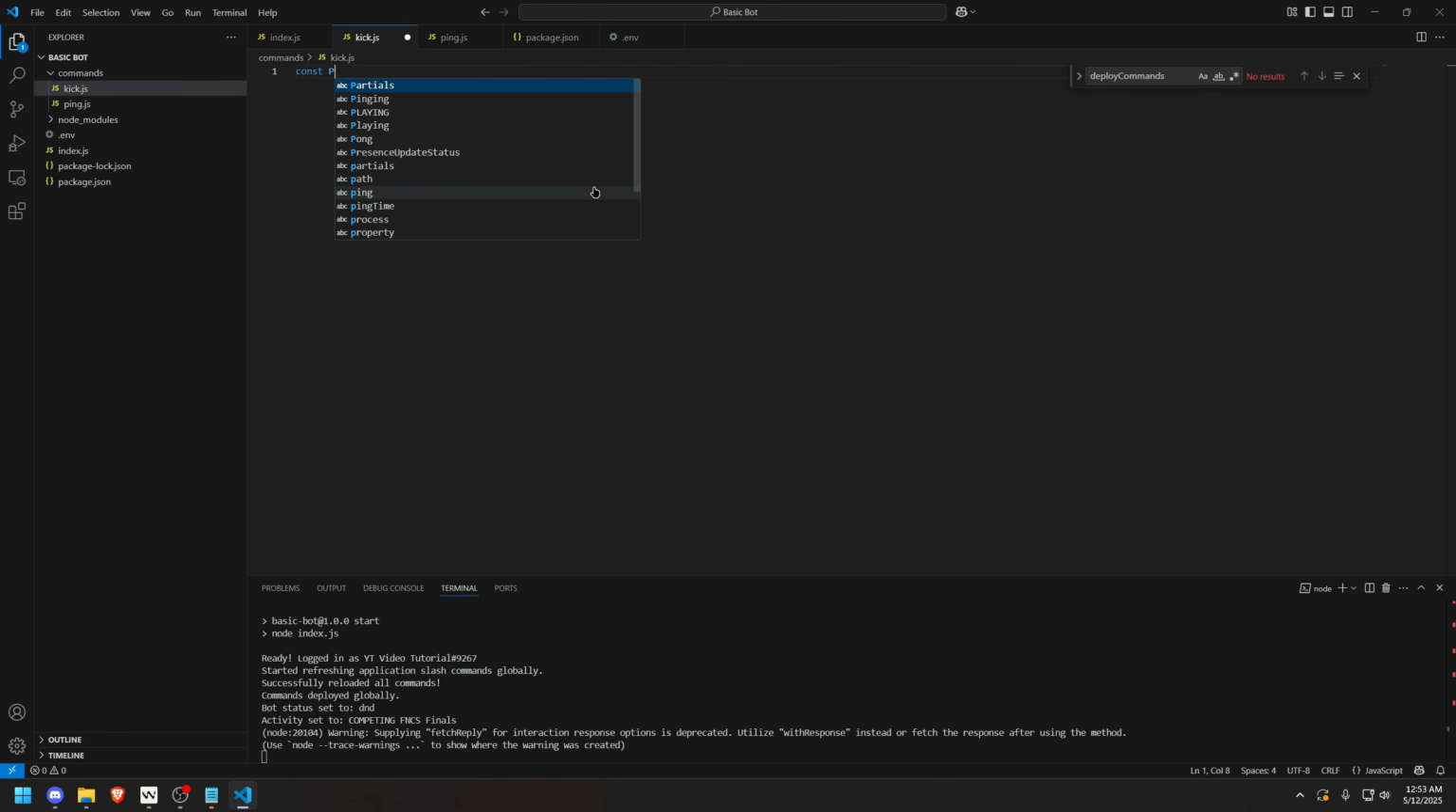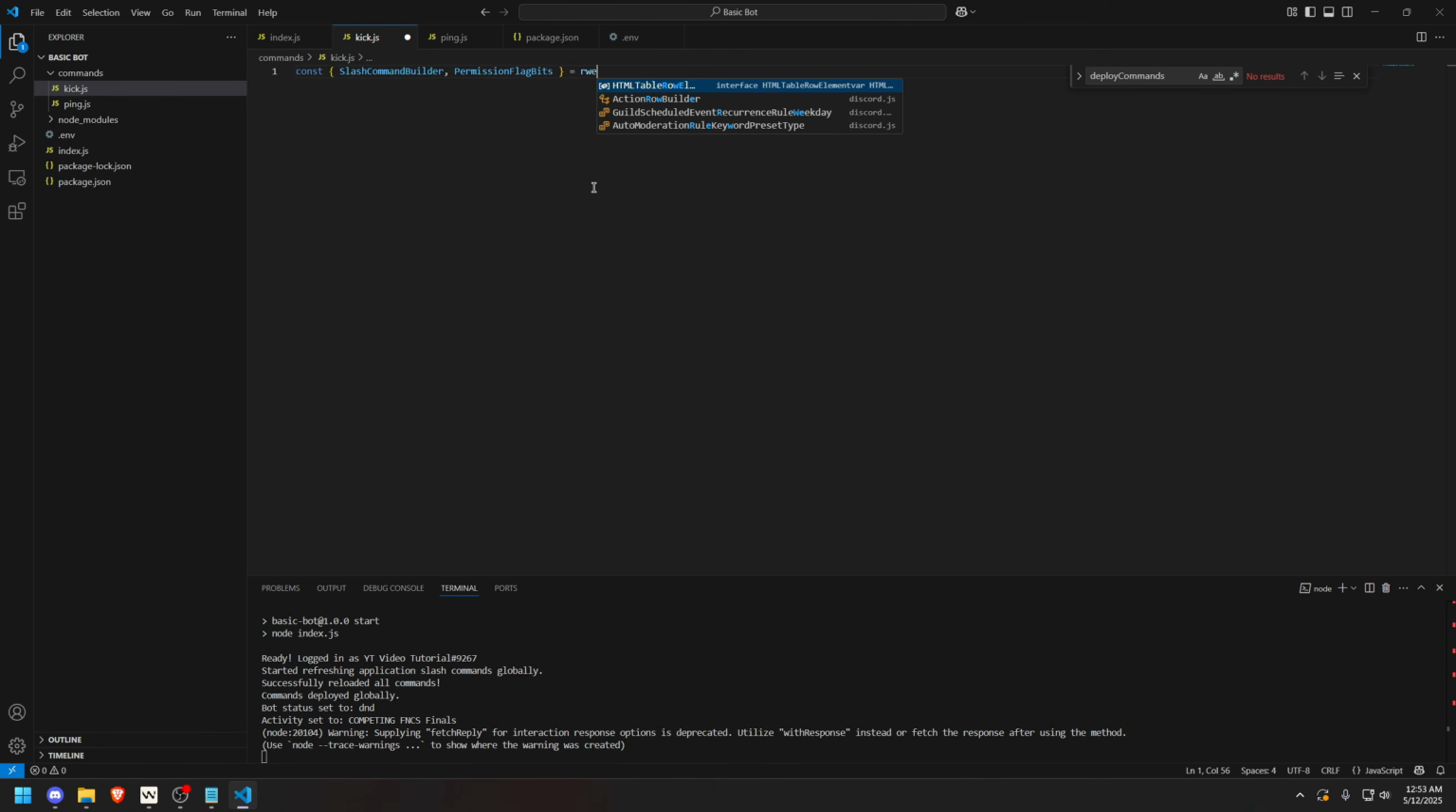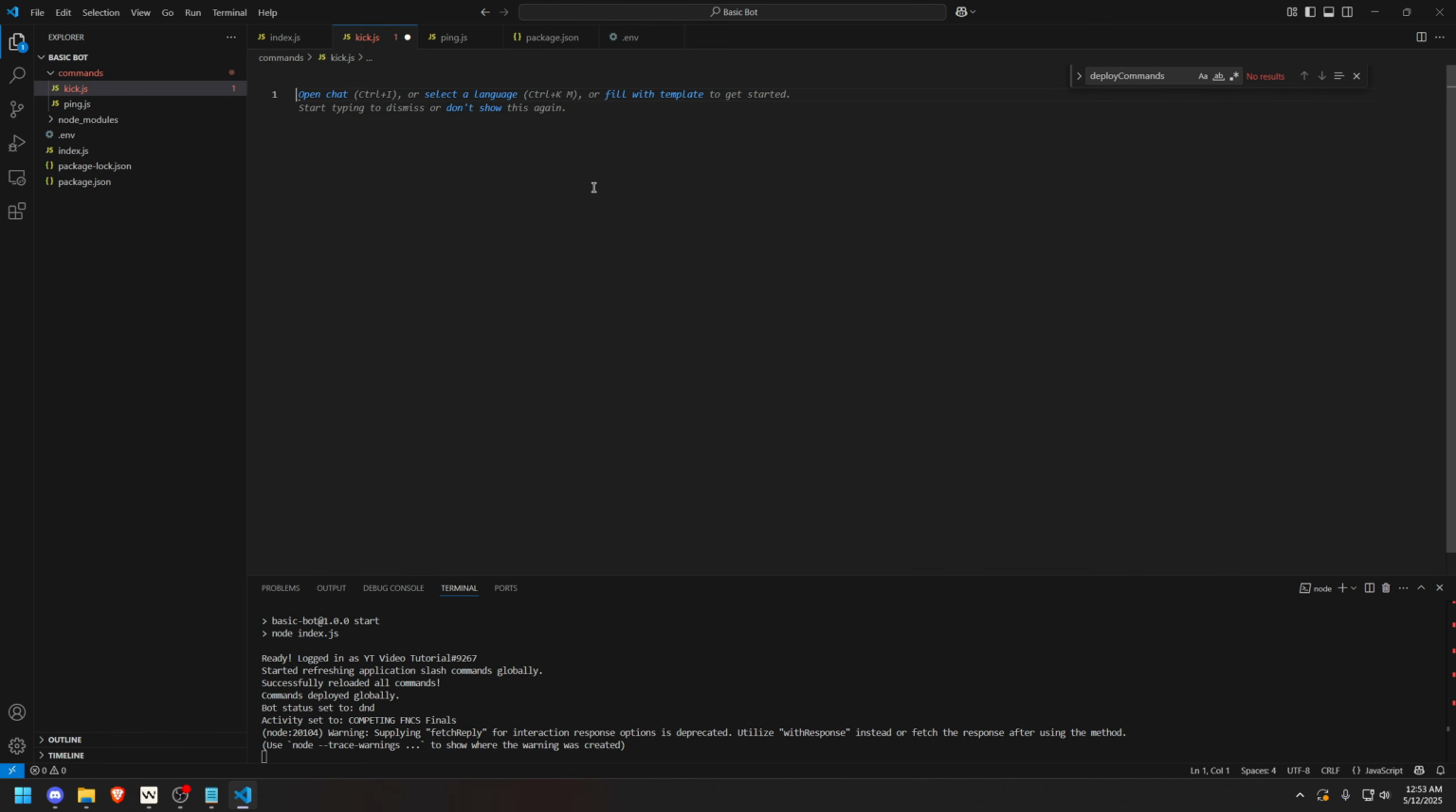I'm just going to do const, and open it up with the curly brackets again, SlashCommandBuilder, comma, PermissionFlagsBits, as we do need to check for permissions before doing this, equals require discord.js. Once you have those there, you can go down again and do the same thing as the other one with the module.exports, and do another equals with the curly bracket. data is a new SlashCommandBuilder,